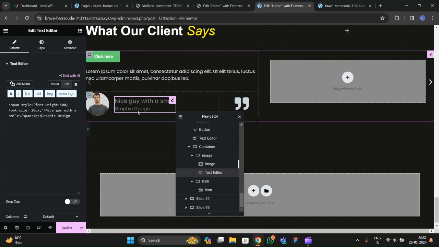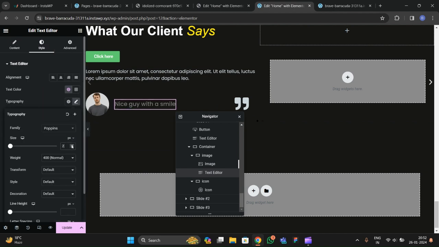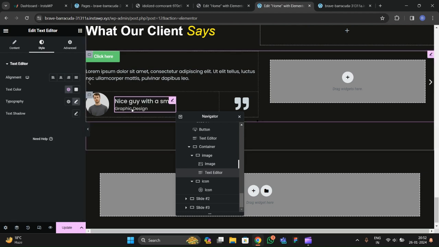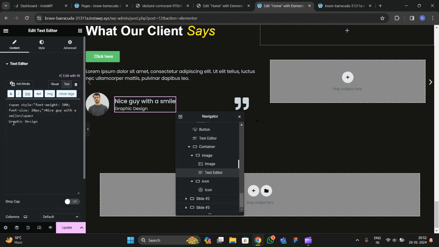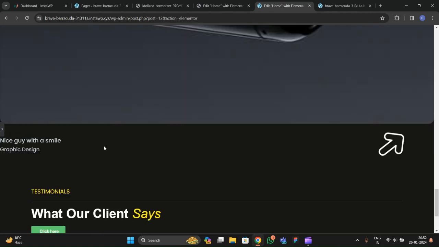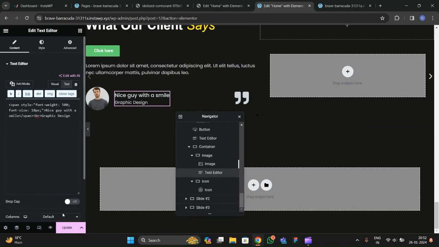Let's add the BR tag here. Let's go here, and from here we're gonna choose the font size, like this. Go to this and just change the content, like that. So you can see that the font size for this is 20 pixels. So let's make it 18 pixel, like that. Okay, so it is rendered. So let's go here, so you can see that it is looking like that. So now let's update it one more time,